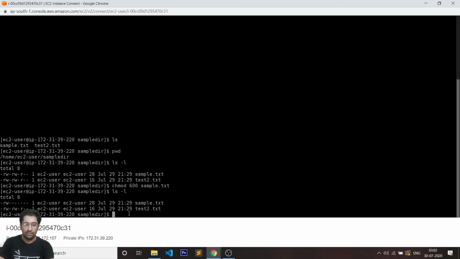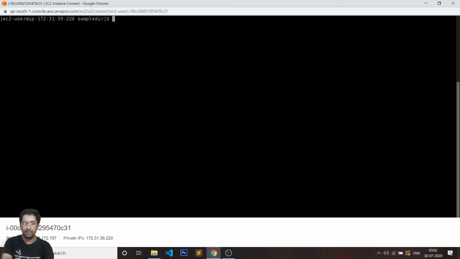So now coming on to the next thing, let's say you have a very cluttered terminal and you want to clear your output, you can just type in the clear command. As soon as you type in clear, you'll be able to see that your screen will be cleared and you'll reach the top of the screen.